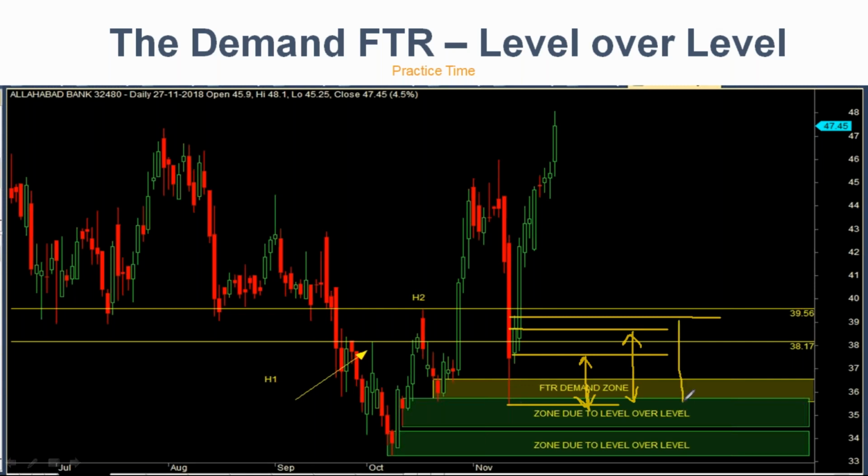So definitely I don't have patience to take that much risk in my trades. I want my trade to be very simple. I might even take the midpoint of this wick to wick also. I don't care if I don't get filling. But if price by any chance comes, gives me filling and goes up, I'll get a big reward. There are only two ways to make your risk reward more. One way is to reduce the risk, the other way is to extend your target. But extending the target might put you at risk, while reducing risk is fine. Maximum what would happen, you will not get a trade.